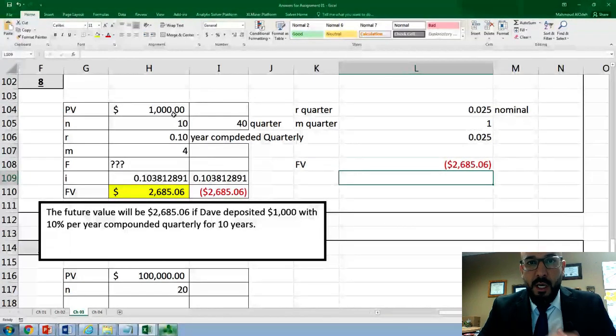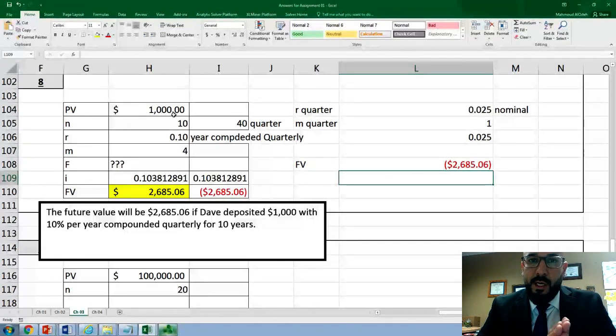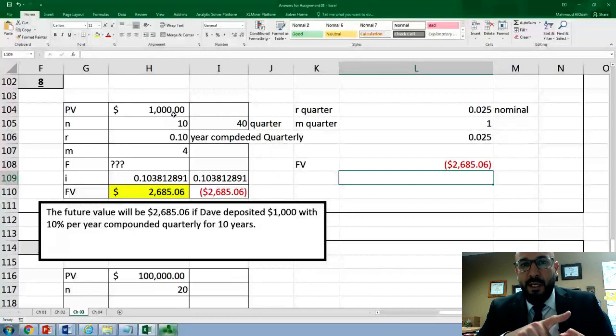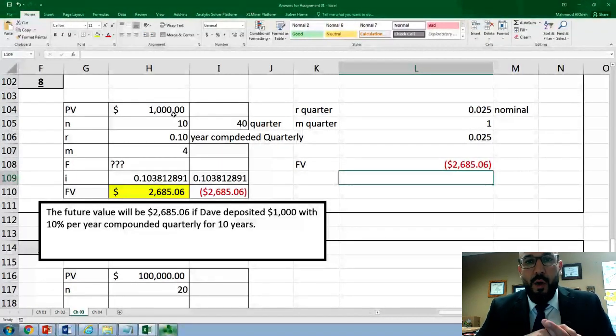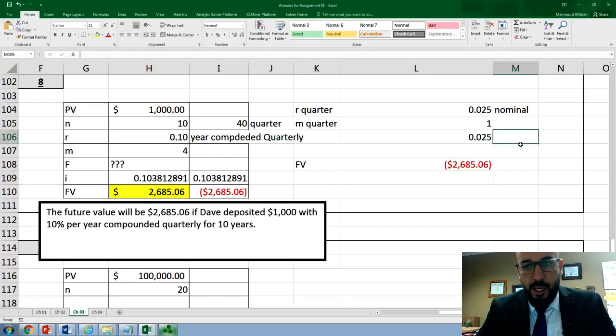So whether you use year as a base of your calculation or quarter as a base of your calculation, the most important thing is to unify the base of your calculation. So if you decided to use the year as a base of your calculation, you have to find the effective interest rate per year. If you decide to use the quarter as a base of your calculation, you have to convert the 10 years into quarters, as we did here, 40 quarters, and we did identify what would be the effective interest rate per quarter,